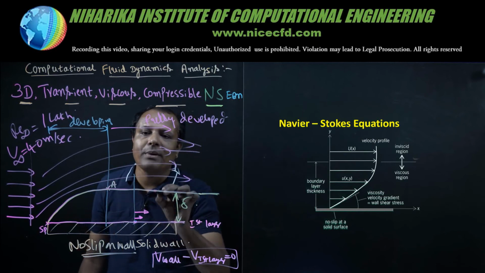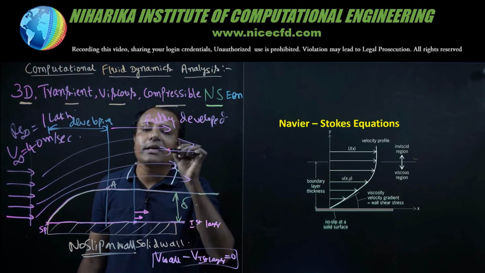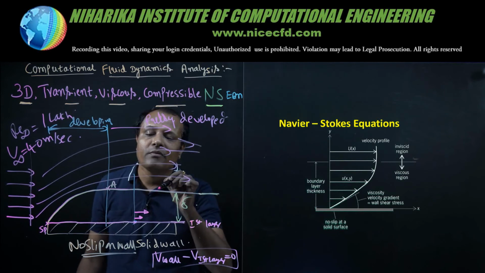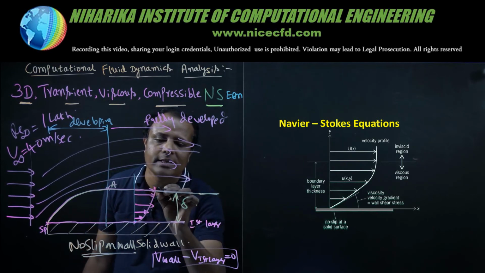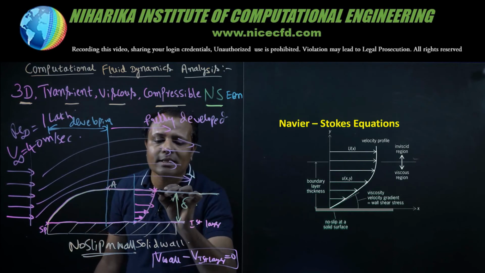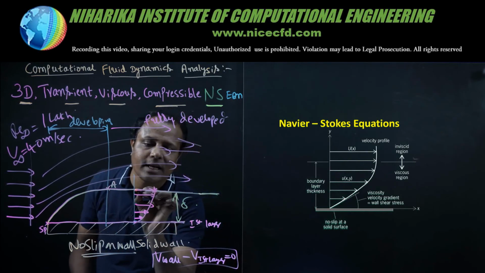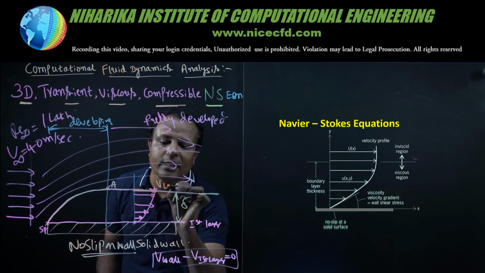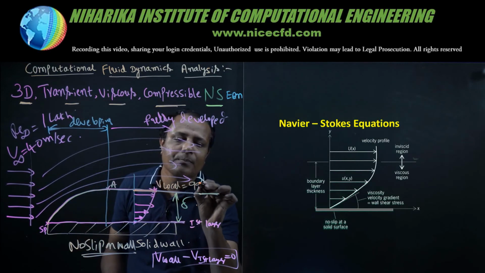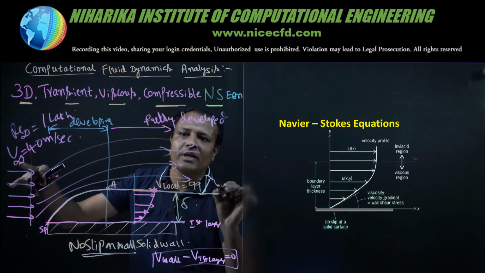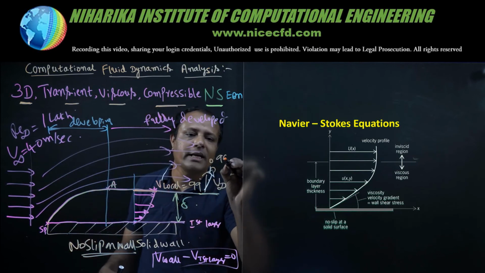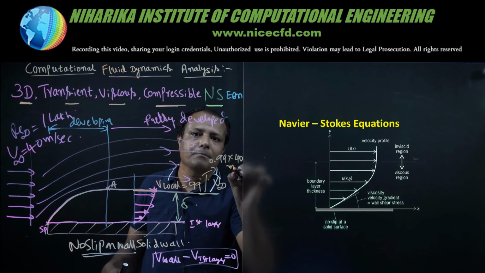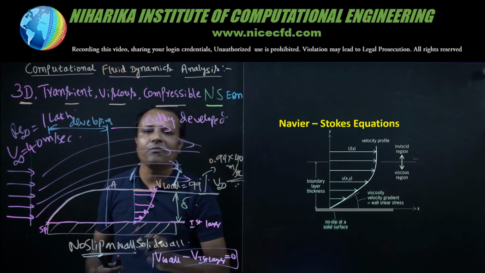So as you move perpendicularly away from the wall, the magnitude of friction diminishes, and at some perpendicular distance from the wall, which is called the boundary layer thickness delta, the local velocity, meaning the velocity at the outer edge of the boundary layer, V local, will be 99% of V infinity. That means your V local is 0.99 of 40 meter per second.